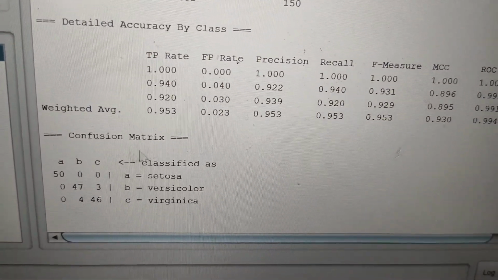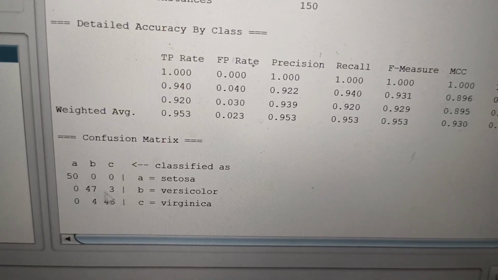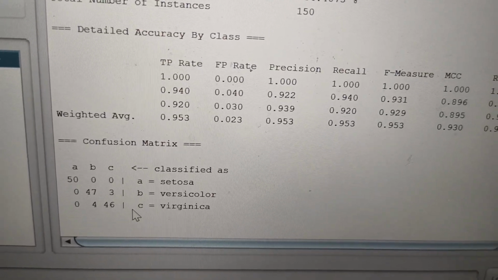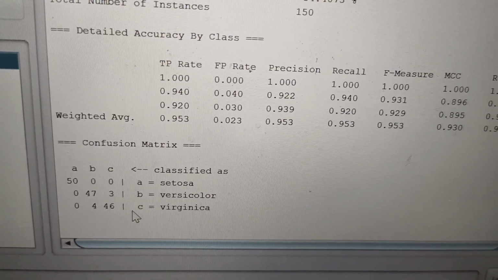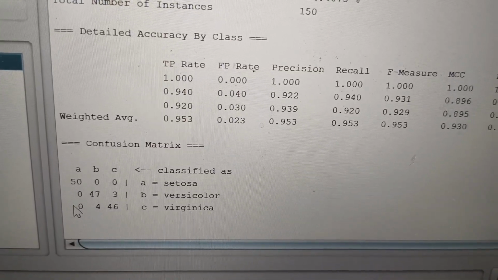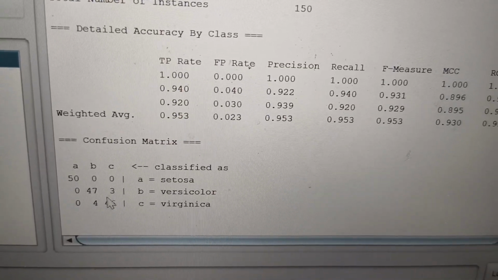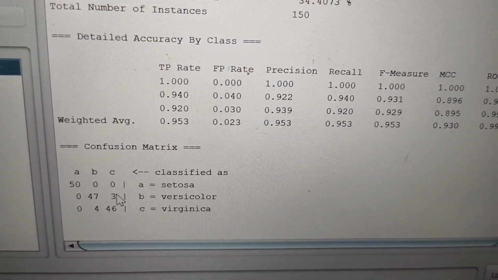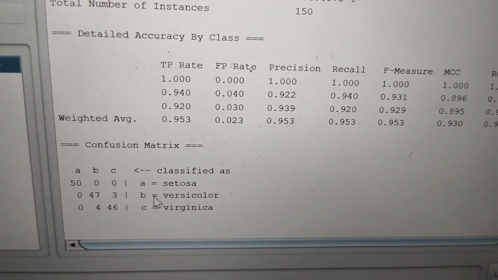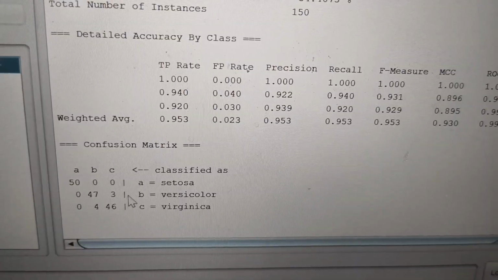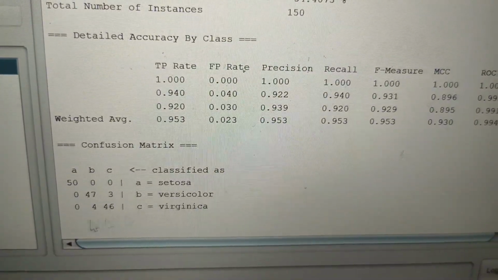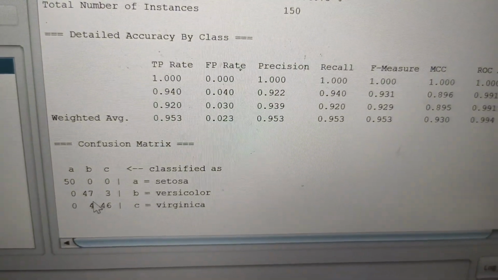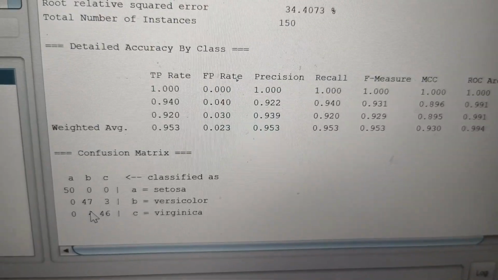You can see that the diagonal values represent the correctly classified species, and the remaining values, these 4 and 3, are incorrectly classified by the model. In versicolor the wrong predictions are 3, and in virginica 4 predictions are wrongly classified.